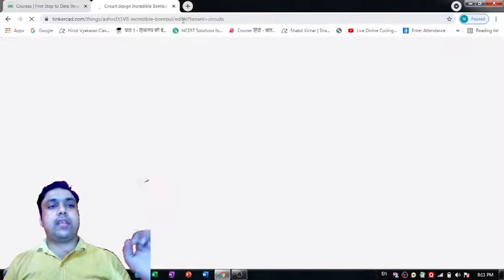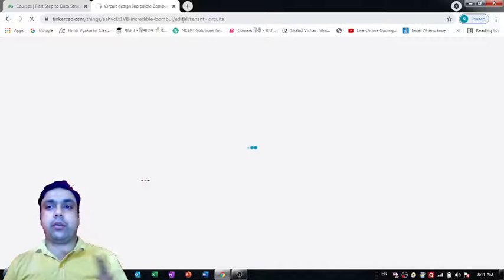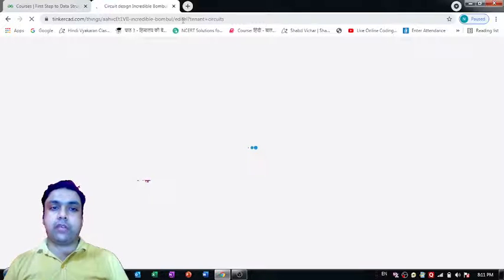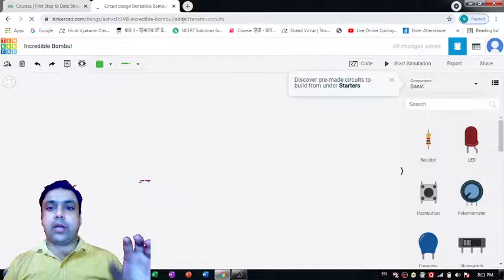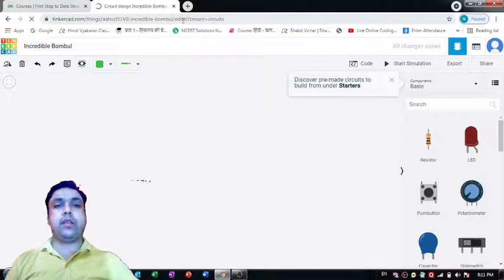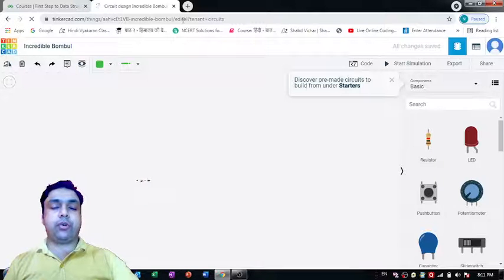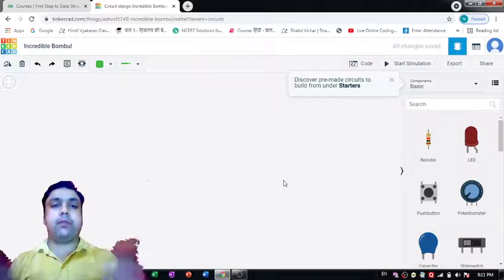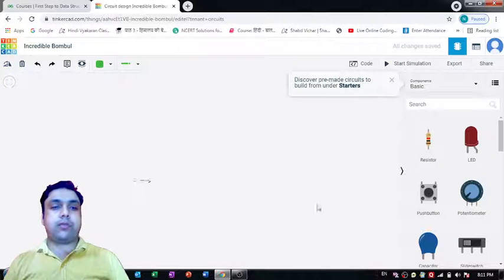In that I explained everything related to the basic concepts and the account creation process, and also gave a brief introduction of this Tinkercad interface and all the tools on it.